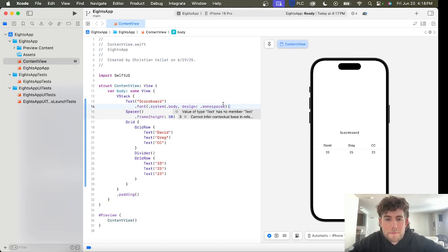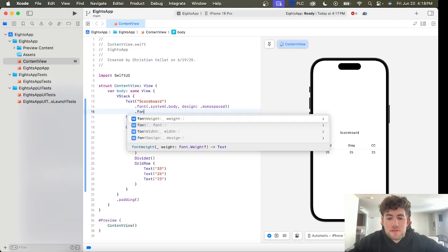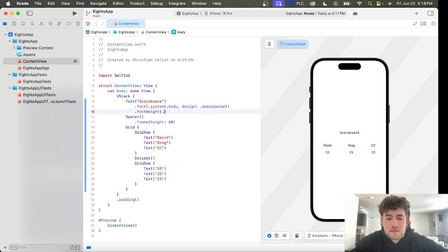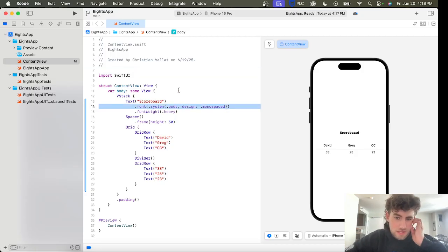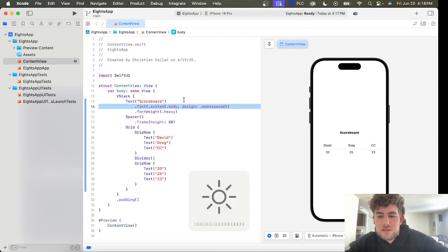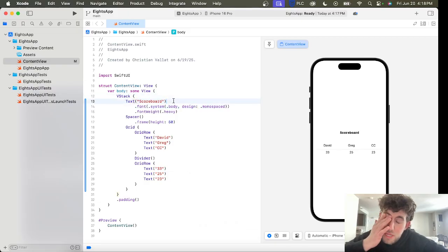Spaced, yeah. And then we'll do dot font weight, dot heavy. There you go. And then let's try to make this a reusable component, just because let's say that we want to change the font, because I'm going to design this and then play around with the UI eventually. So